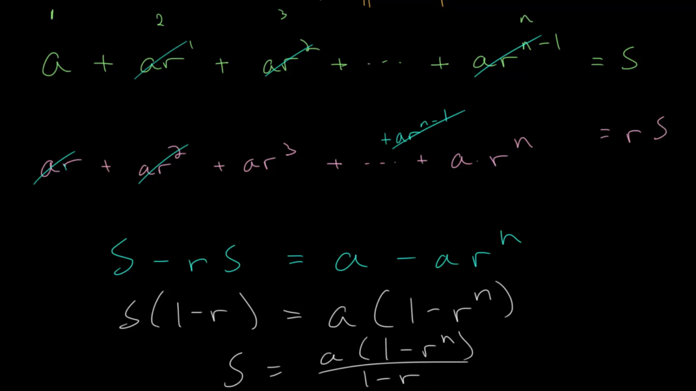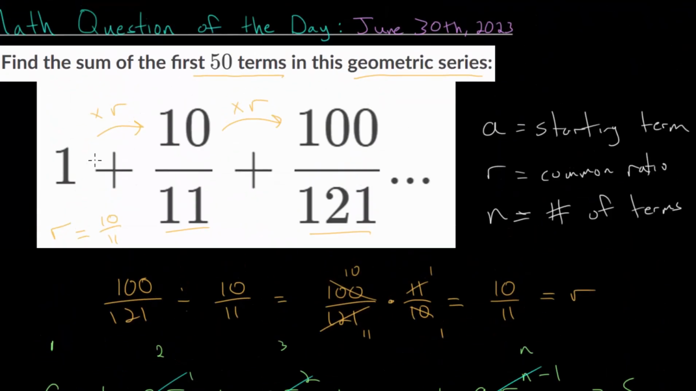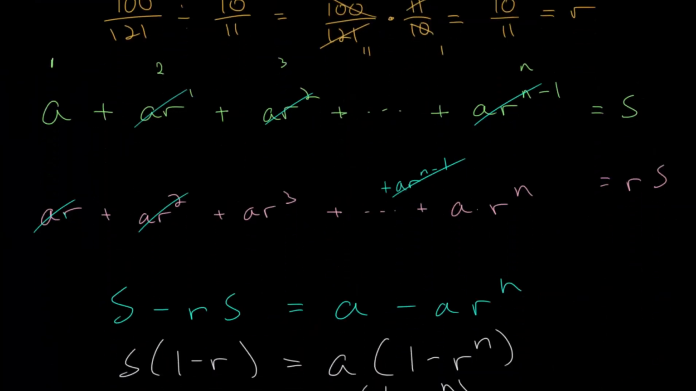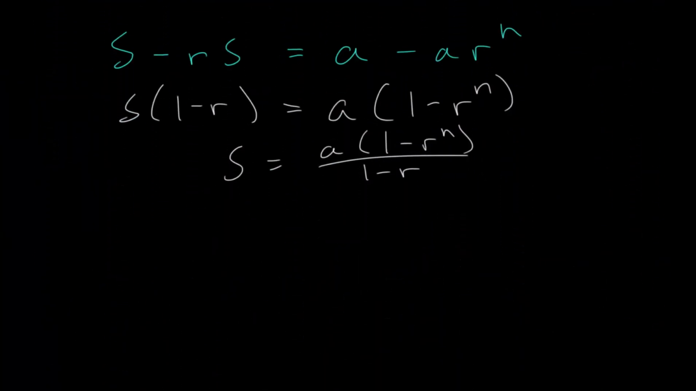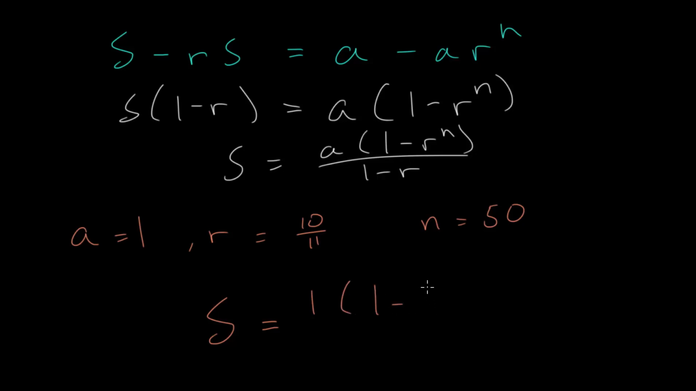And we know that our starting value, if we go back up to the top, our starting value, a, is 1, our common ratio is 10/11, and the number of terms n is 50. So let's use that information. We can plug all of that into our formula now. We have a is 1, r is 10/11, and n is 50. So we have that s is 1 multiplied by 1 minus 10/11 to the 50th power,